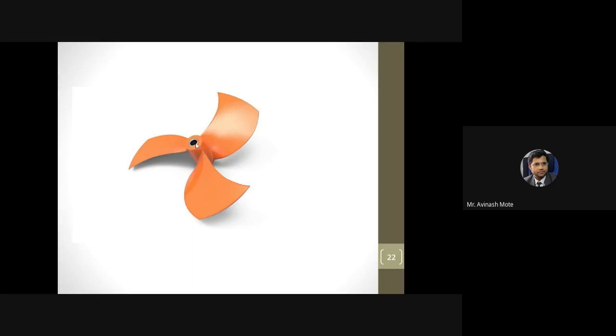See, the basic role of an insert is what? To provide required mechanical strength, or to provide required access for assembly. What is going to happen? This assembly of blade and boss is going to be mounted on the shaft of the motor. So that shaft and this assembly are going to be there. To have the access for that assembly, this insert is required. So you can see many such inserts used in plastic materials.